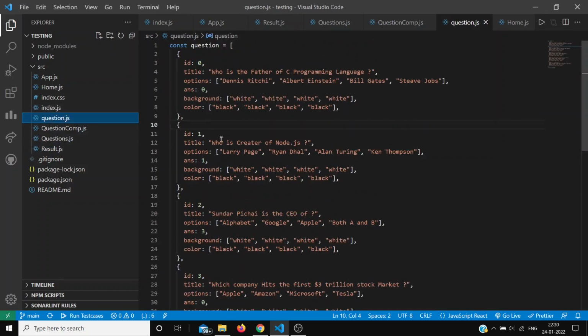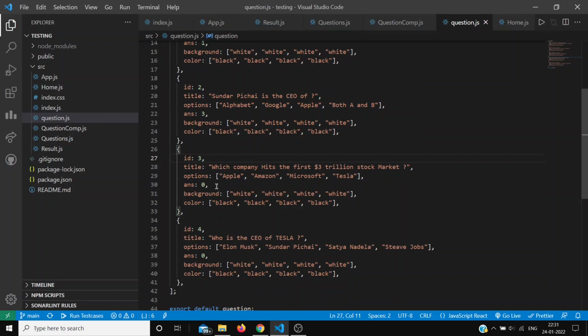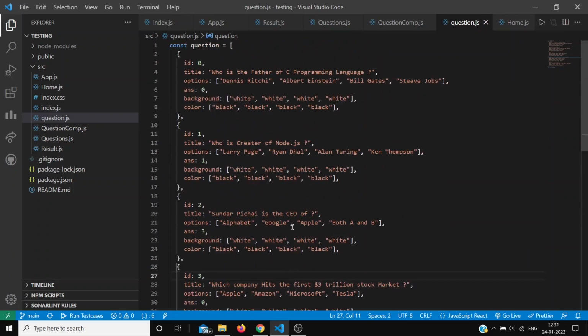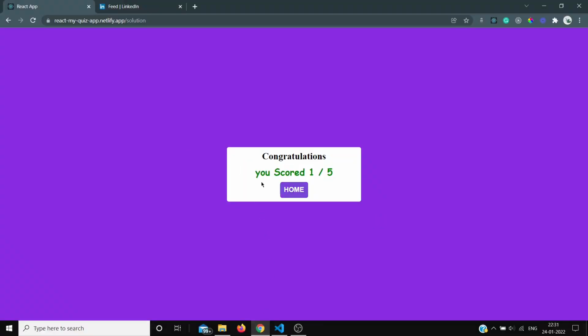In this question array, the answer is set at index 0, and here are the 4 options. I already store all the options and questions, so that's what is showing on the screen. And I also store the index for the answer of every question, like the index of this question is 3, and the index of this question is 0. So this is how we compare the answer. So this is our project. I hope you enjoyed. Thank you so much.